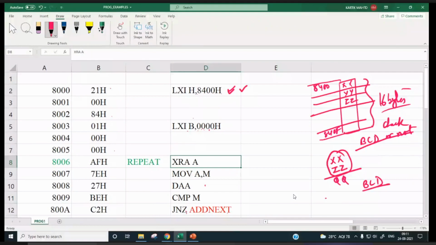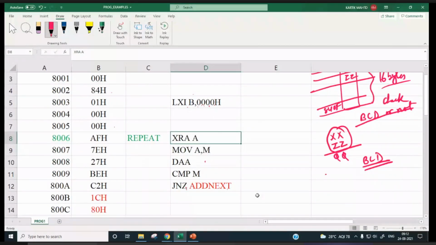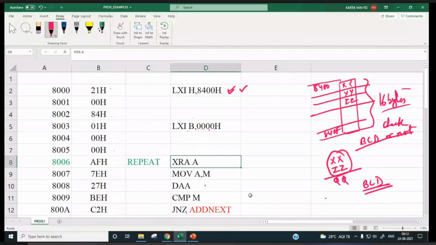Anyway, after discussing this program in the theory lecture, I discussed the same program in the sessional class, which is running here for EEE students.